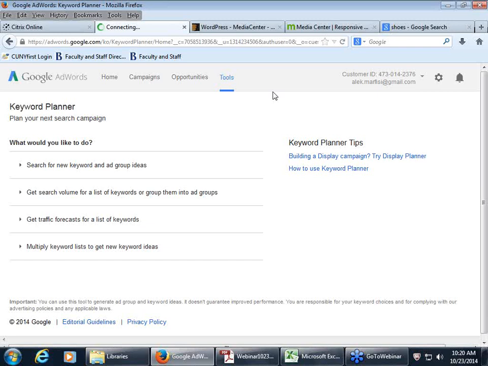Anyone who doesn't have a Google account can easily create one and for free have an AdWords account. You don't need to pay anything to have a Google AdWords account. You only pay when you actually have a campaign running. But by creating the account, you can actually look and see what keywords have what traffic, how competitive those keywords are, and help to understand whether a campaign would be good for the business or not.